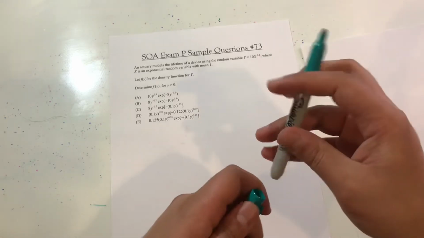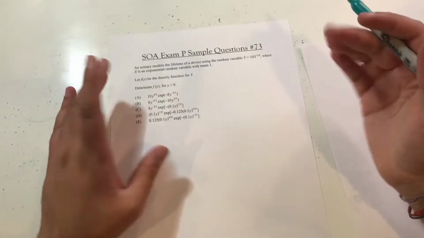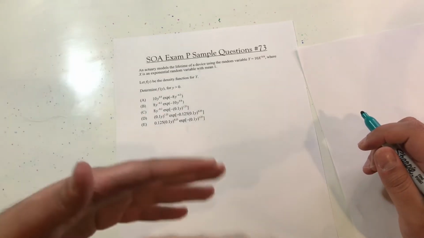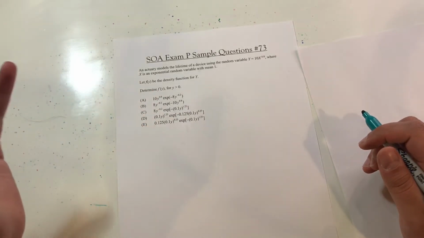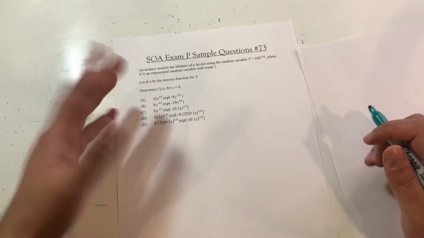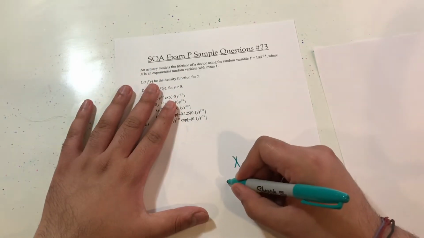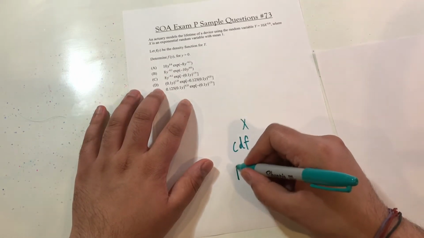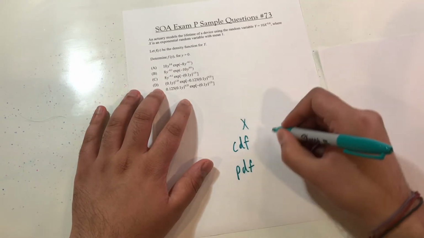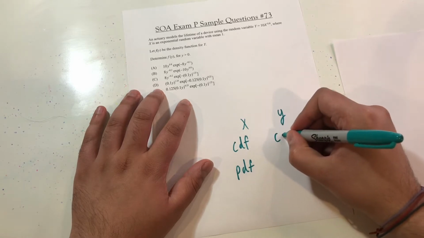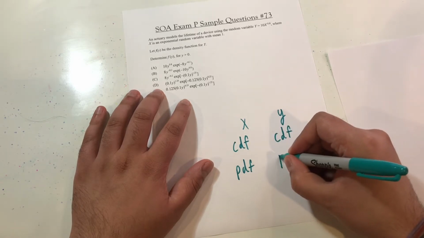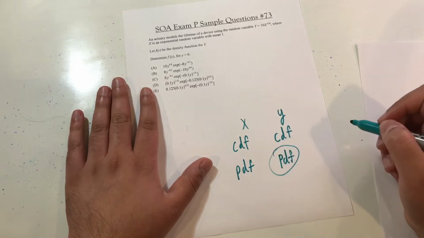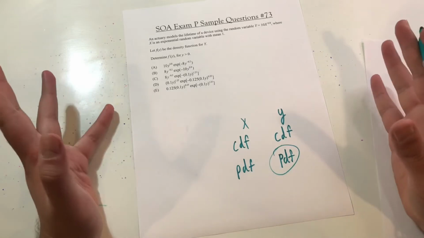But essentially, we have two random variables, x and y, and typically we're given the PDF or CDF for one, and we need to use it to get the PDF or CDF for another. All right, so let's say this is my stuff for x, CDF, and this is my stuff for y. There's the PDF, y also has a CDF, and y also has a PDF. What are we looking for? We are looking for this guy, right? What are we given? Well,